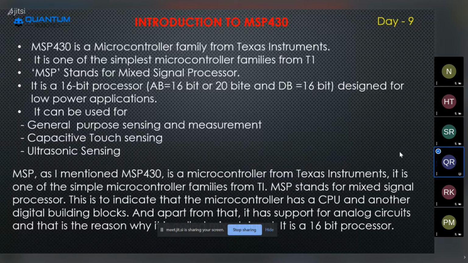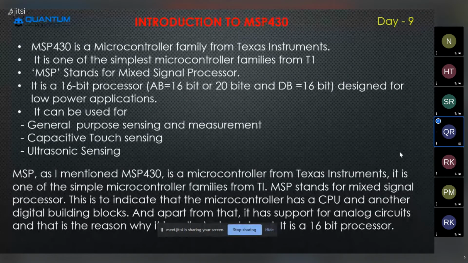MSP430. Firstly, we have to know what MSP means: it stands for mixed signal processor. Mixed signal processor means the conversion of different types of signals in one processor, like a geolocation sensor.